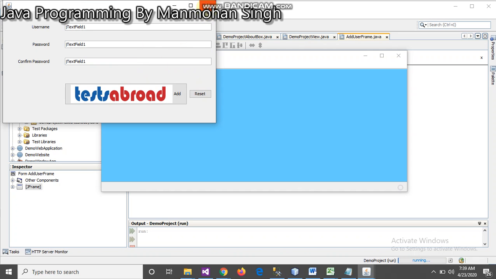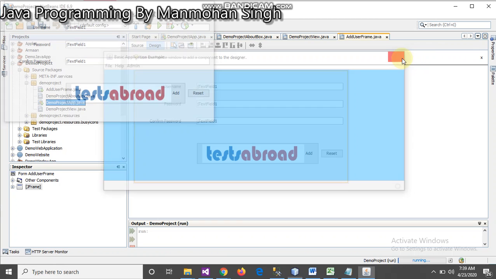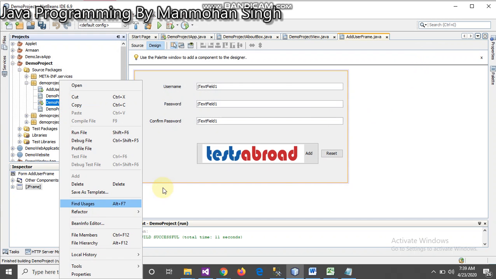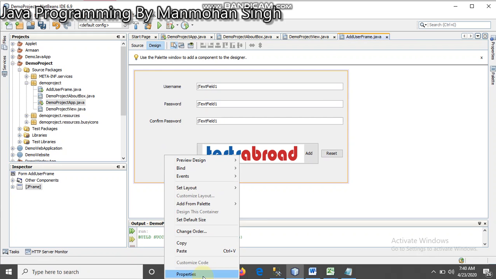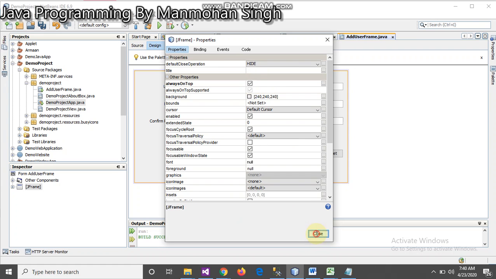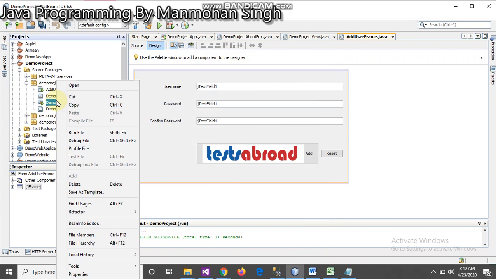Now if I close this, nothing is happening, right? We have various options for doing this. Since we chose do nothing, nothing happened. But if I choose hide, it will just hide like this.